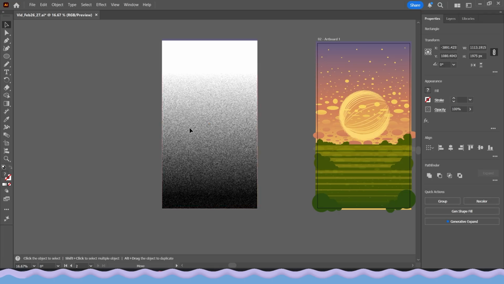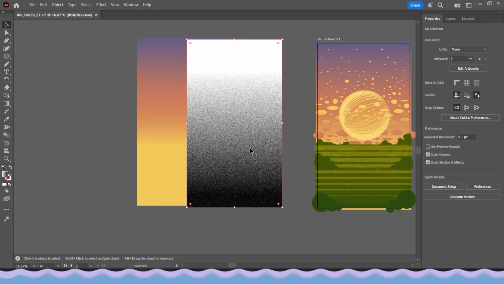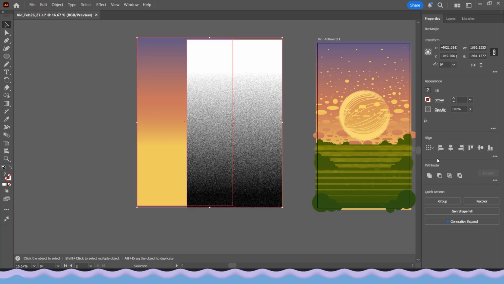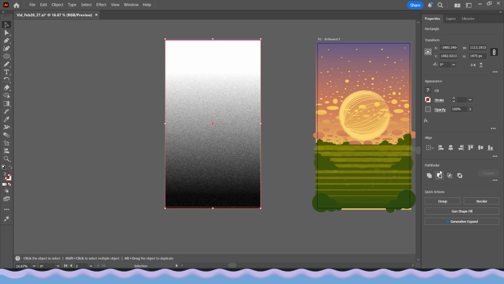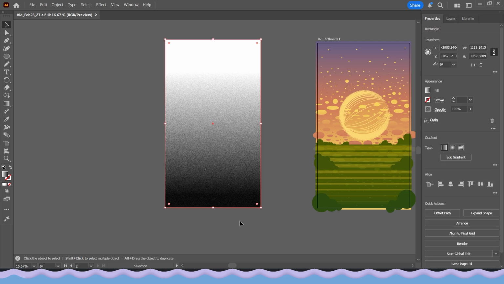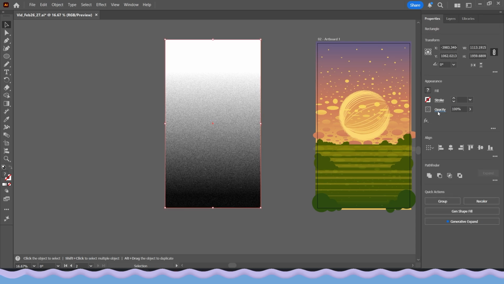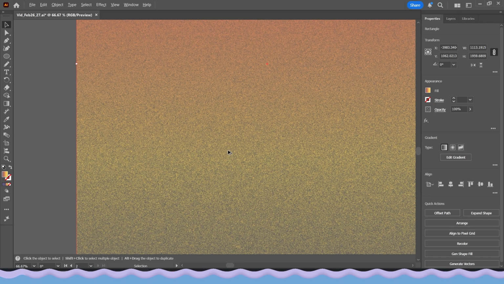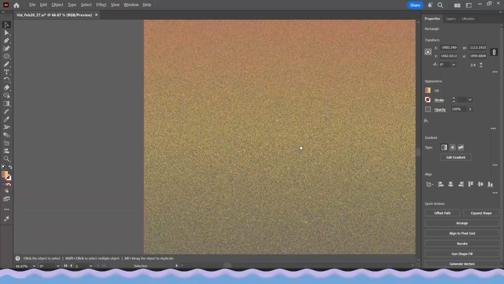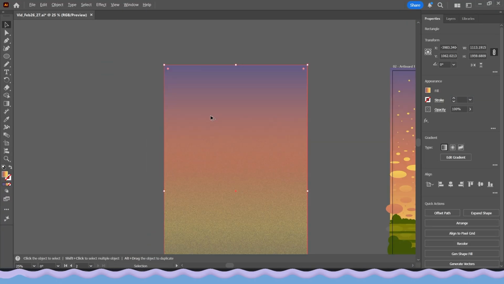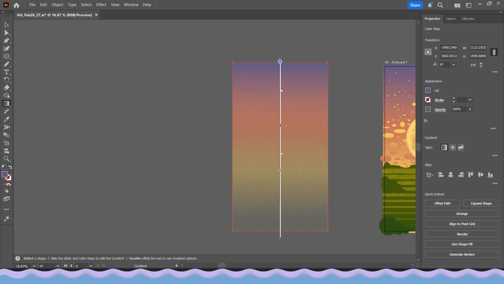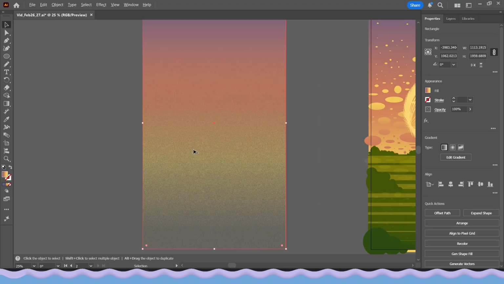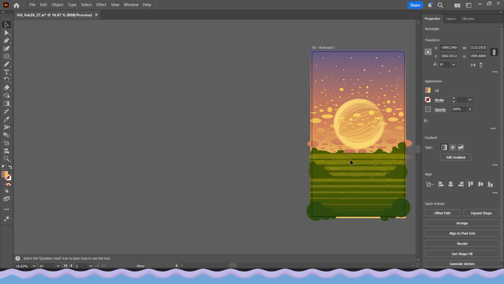Okay, so now there are two layers, right? We have the background and then we have the foreground. We're going to select the two together. Make sure they're exactly on top of each other. Select both again, then go on opacity and click on make mask. So now when you see it, you see all the grainy texture has been adopted by the background that we had. So now you can also alter the colors and move this around, and it will not affect your grainy texture. Next I will put it on top of my original image,